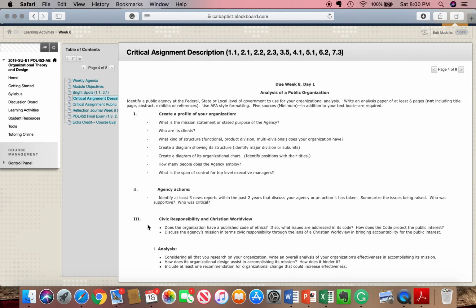So the earlier we start thinking about the critical assignment, the more we can figure out our topic or our organization that we're going to use. And then once we have that organization in mind, each week as more of these theories are introduced to us, we can start thinking to ourselves, does this theory apply or does not apply to my organization? And we could start almost building our critical assignment. If not conceptually, we can start modeling it so that we could eventually have all these ideas, put them together, and create our critical assignment.